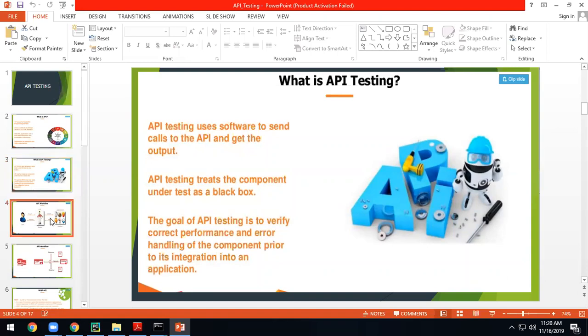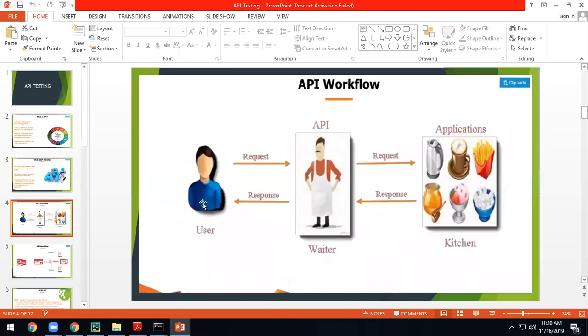Typically it looks something like this. This is a non-technical example. This is a user, and you have an API. Basically he is kind of a waiter. You ask for something, and he will not prepare anything. He will go and get it from the kitchen and serve you. It's only for interfacing between the user and the actual stuff. This is something like a database which is producing something. You go and request something through the waiter. He is an API kind of thing.